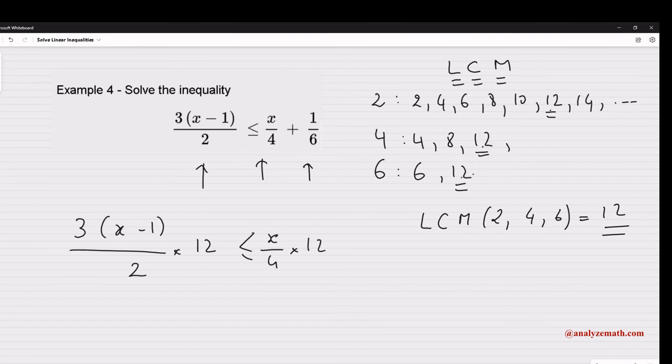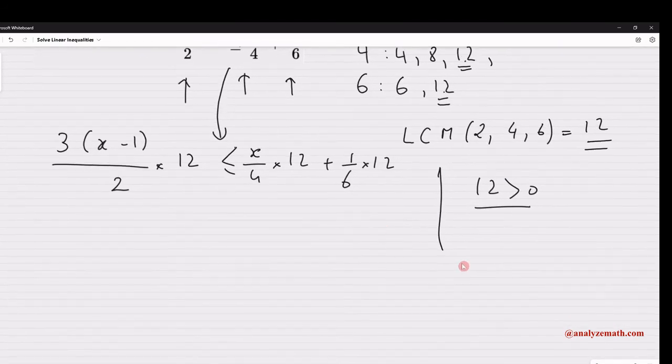Times 12. Now remember, we multiplied by 12. 12 is positive, so we didn't have to change the inequality symbol. No change. 12 is positive. Now let's continue and